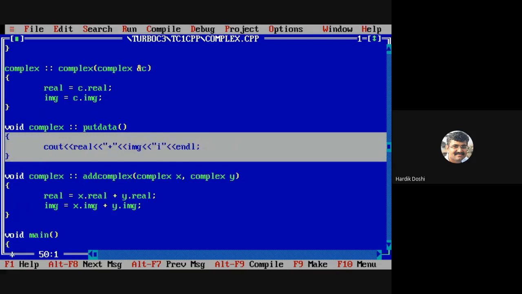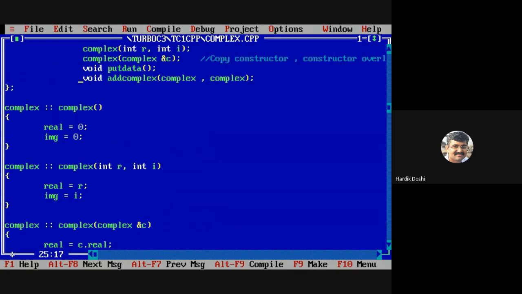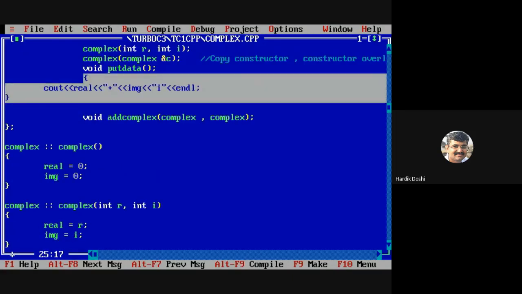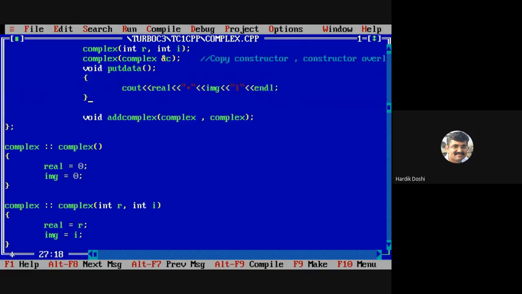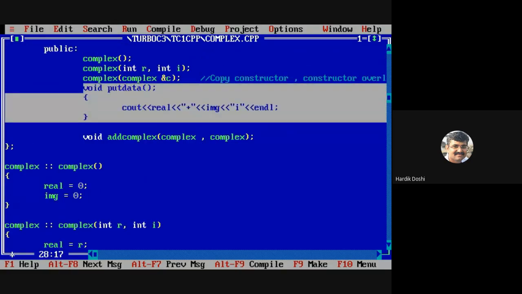Now, what if I write the definition of the function in the class itself? Is it possible? Yes. We can define a function in the class itself.